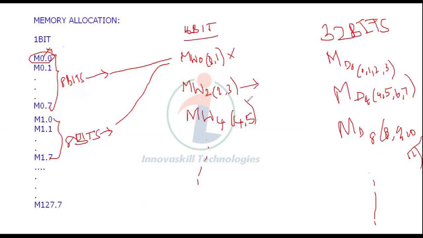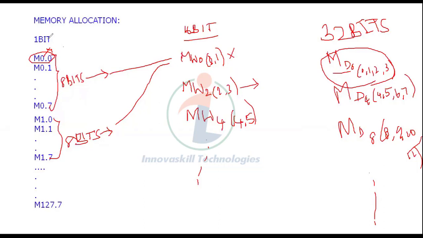And another example: suppose you have used a 32-bit address first in your program, and now you need a single bit address. You should not use channel number 0, 1, 2 and 3, because they are already assigned for the 32-bit address. So for a single bit you have to use 4.0. In this way only you have to use the address, because these channels are the same for 16-bit, 32-bit as well as single bit. So based on the channel allocation only, you have to use all these things.